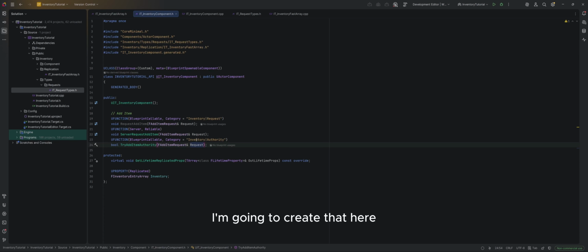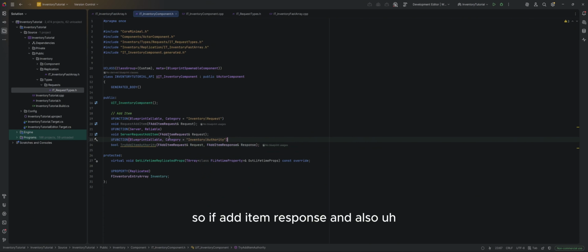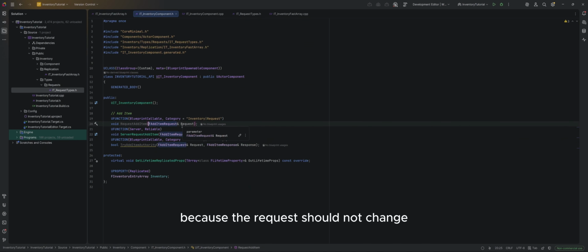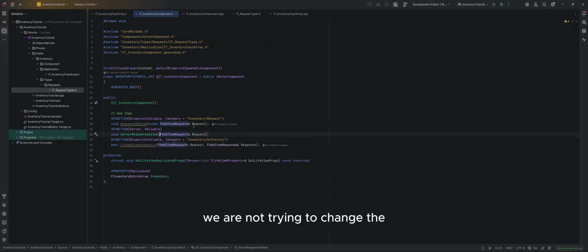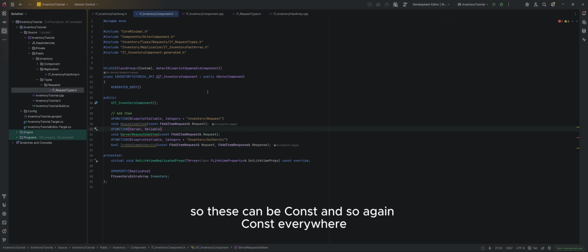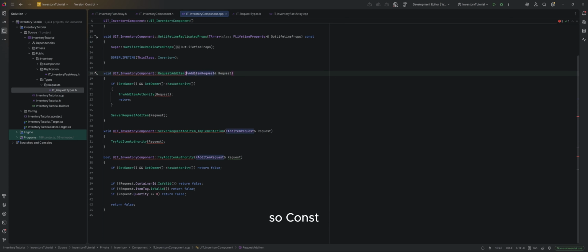I'm going to create that here. So FAddItemResponse, and also while we are here, we could make all of these const, because the request should not change. We are not trying to change the request after we've made a request to add an item. Okay, so these can be const, and so again const everywhere. So const, a const, and const,